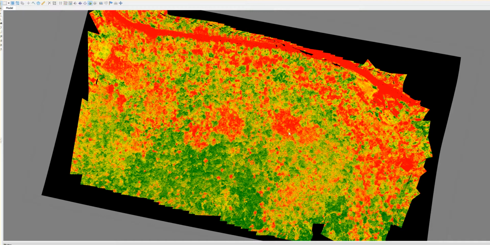If you were to quantify the amount of color, how red it is versus how green it is, you'd get a very interesting picture of how this patch of forest, which you'd expect pretty much to look like this, now looks quite different because of the impact of the oak removal